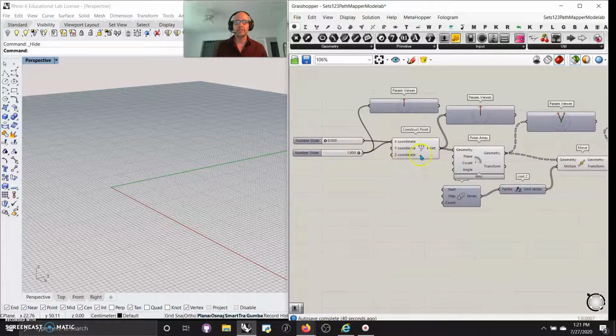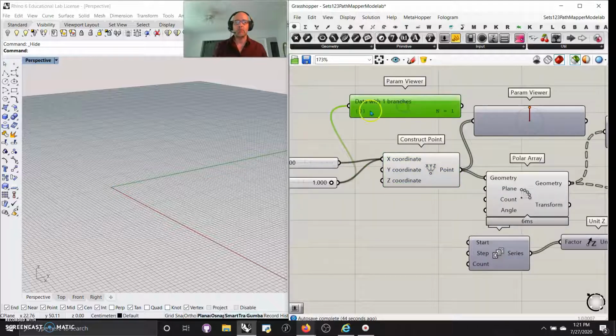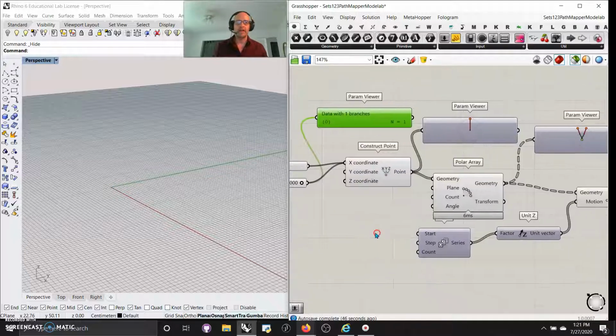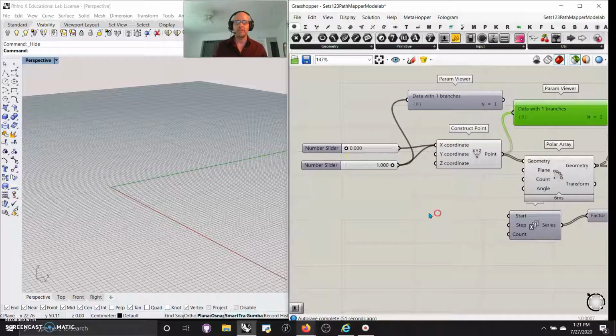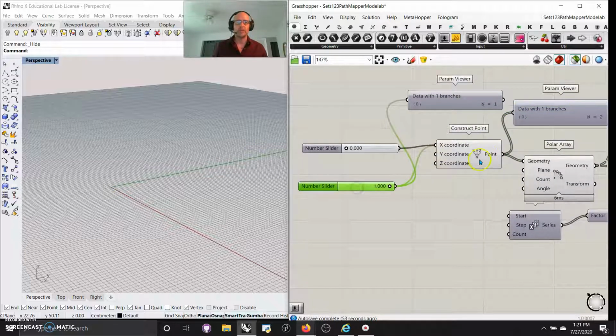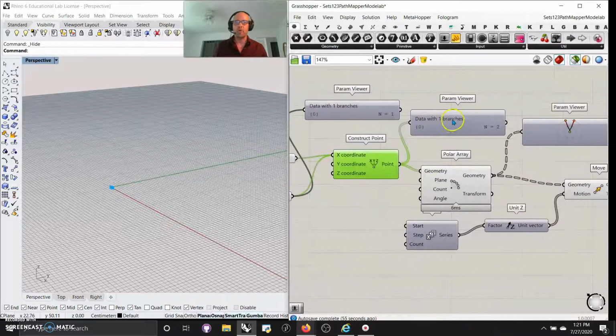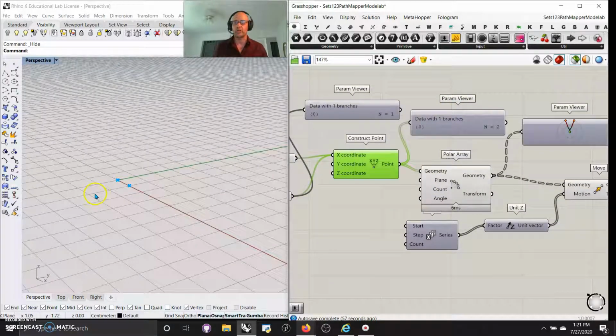And what I have is a series, and I show you the param viewer says that's a number. That is basically one piece of data at the end of one branch. I then go on and make a point, which is still one piece of data at one branch. But actually, because I plugged in 2 x values, I've actually pulled in 2 points. So I have one branch with 2 items on the end of it, and they're very close together, and there